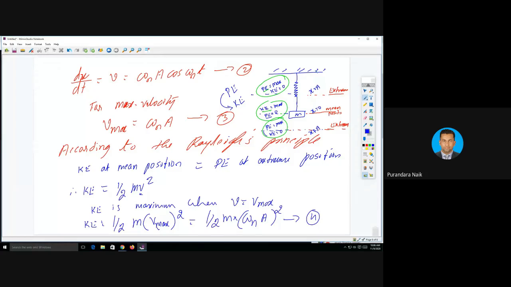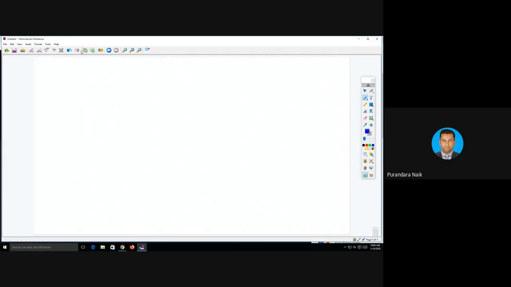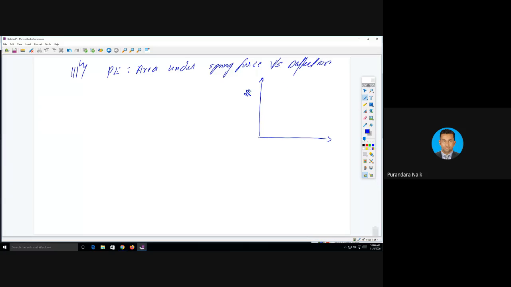Okay, I hope you copied. Let us go to the next slide. Similarly, potential energy is equal to the area under the spring force versus deflection curve. That is similar to the previous derivation. What does it say? Spring force versus deflection curve. That is the force, spring force,